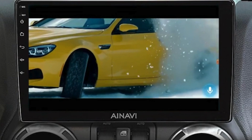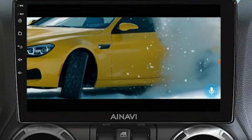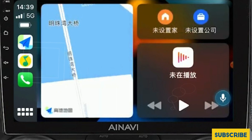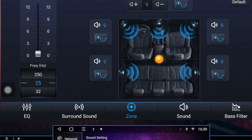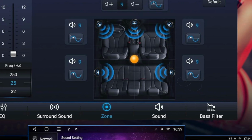The AINAVITO stereo boasts a QLED HD display with a 1280 by 720 resolution for stunning picture quality. Its 48 EQ settings and advanced tuning options ensure superior sound performance, catering to various music preferences. Included in the package are all necessary accessories for installation, such as a power cable, microphone, and HD 1080p backup